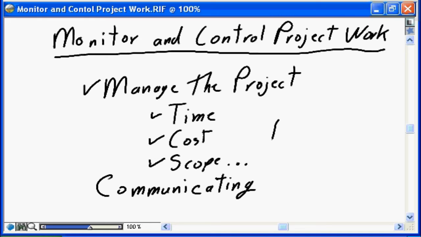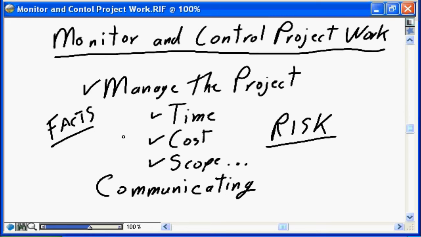We manage the risk associated with the project to ensure that we understand where the project is and that we're taking the appropriate corrective actions to improve the project delivery situation, working with the business sponsors to ensure that any changes to time, to cost, to scope, the triple constraints are being acted upon as a result of the facts that we are gathering during project delivery that is going to affect whether our project is on time, on budget,